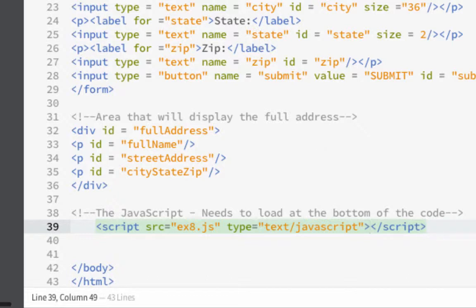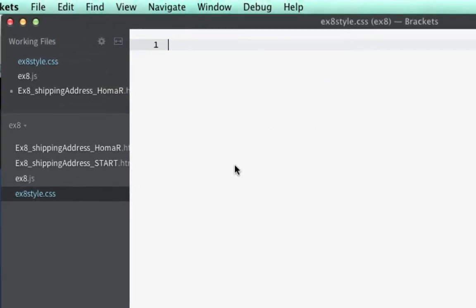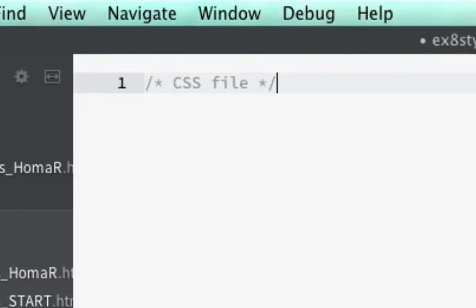Okay, so we'll start off with our CSS to try and make this look nice. I'll even put my comment up here just to say that it's a CSS file. You don't need to do this, but I'll start it off that way with a comment. And then I'll put my first body